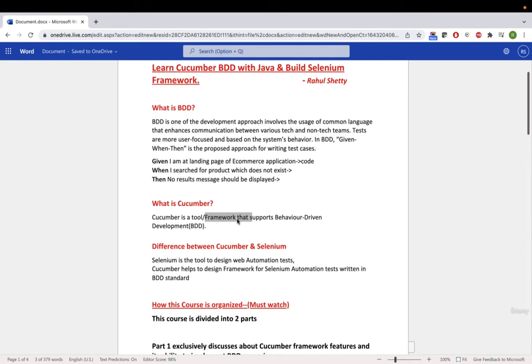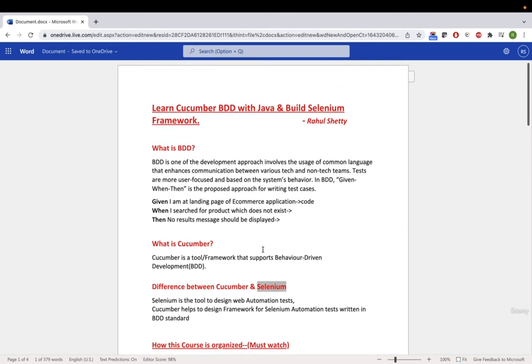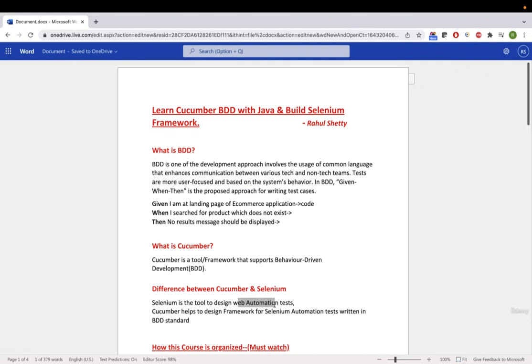Don't worry. So now you understood the difference between Cucumber and Selenium, right? Selenium is the tool for automating web test cases. Cucumber helps to design a framework for your Selenium tests. You can simply write a Selenium test as standalone code, but that is not industry standard. You have to create a framework out of it. Cucumber helps you with that, but the only condition is that those Selenium tests should be written in the BDD standard